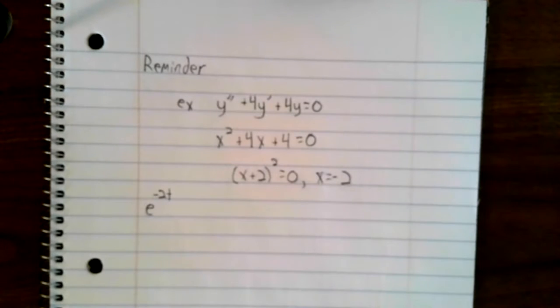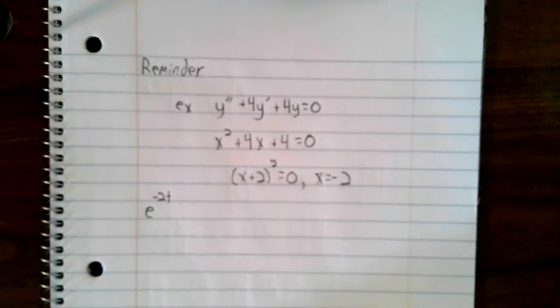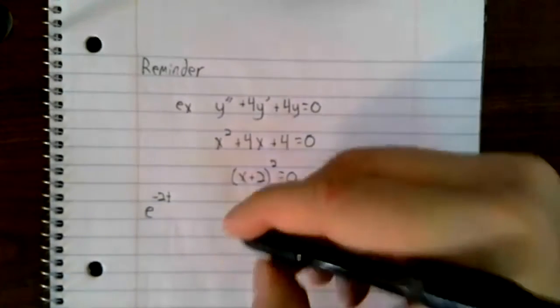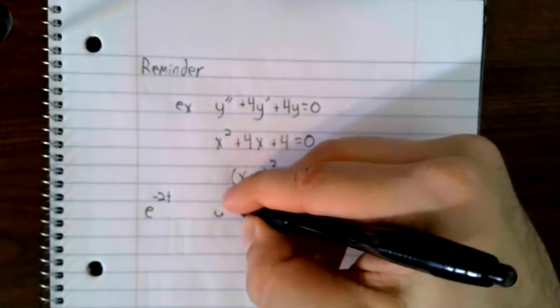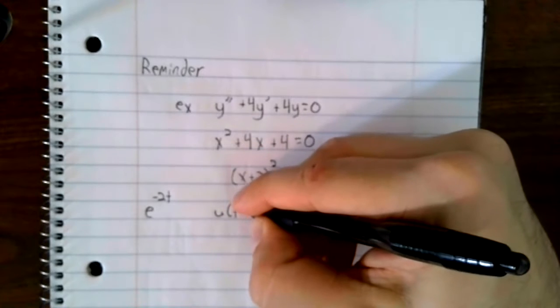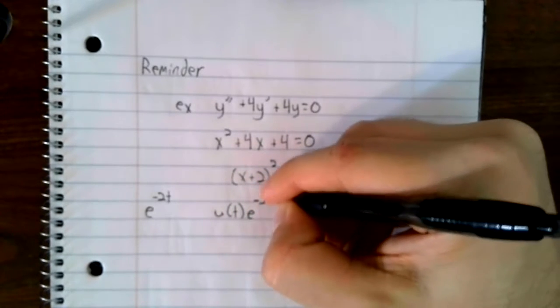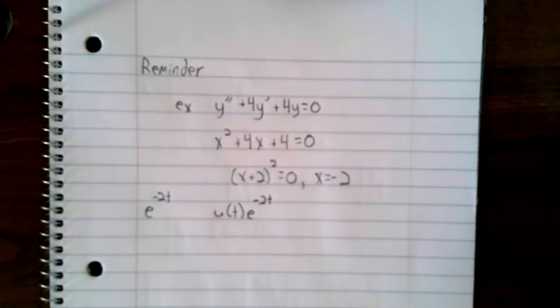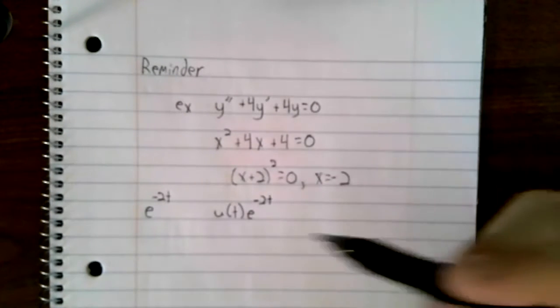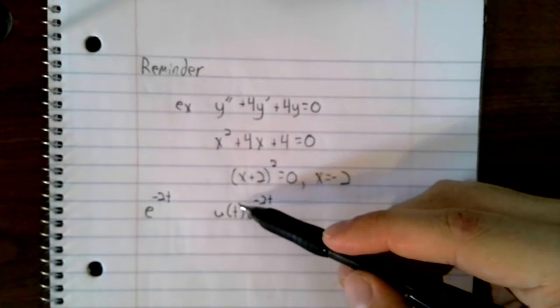We then asked ourselves if we could find a second solution of the form u of t e to the -2t. And we found that for this to work,